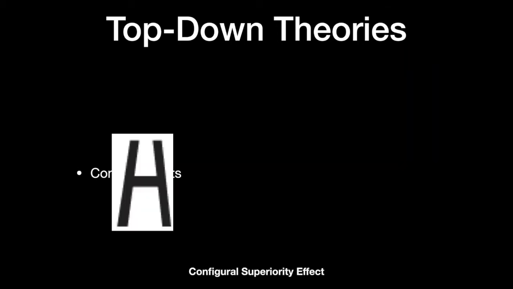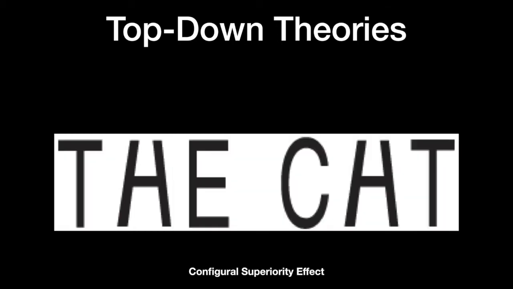Now, let's take a look at another example of top-down processing. This is called the configural superiority effect. Now, what letter do you see on the slide? Does it look like an H? Now, can you read these two words? You read "the cat." But as you can see, even though the physical characteristics of the H-shaped letter between T and E is identical to the one between the letter C and T,